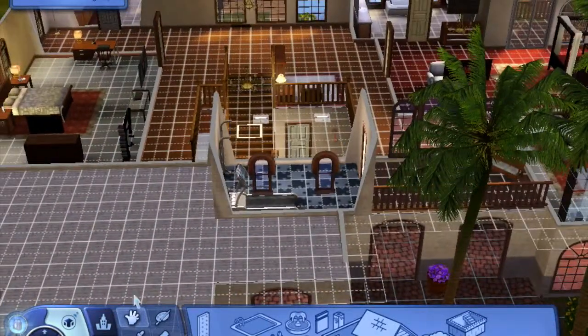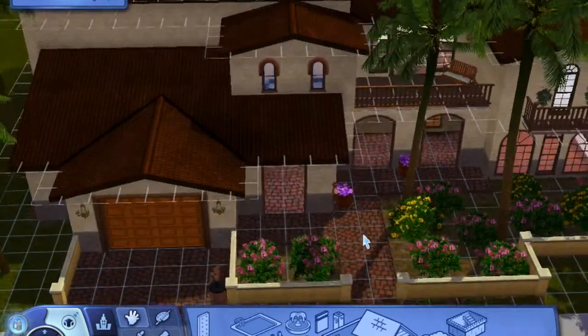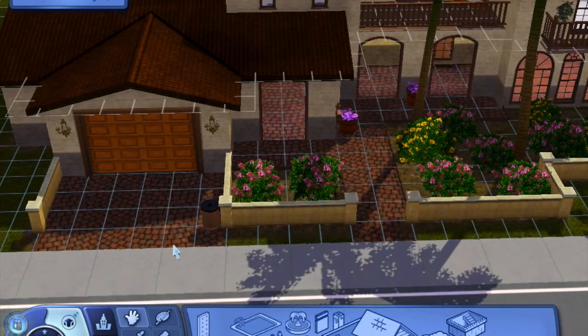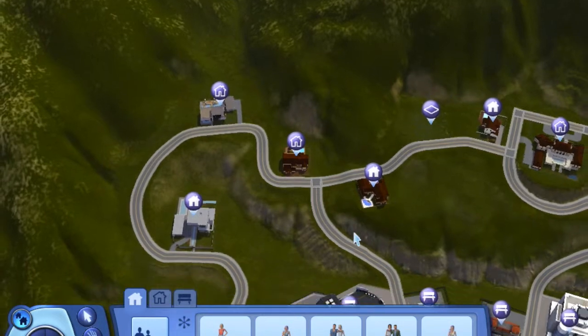Anyways, so that's the place. Yeah, so it's gorgeous on the outside, not so much on the inside. But we'll show you guys what it looks like when we flipped it, alright? See ya. We're back, guys, and we flipped this house, and...